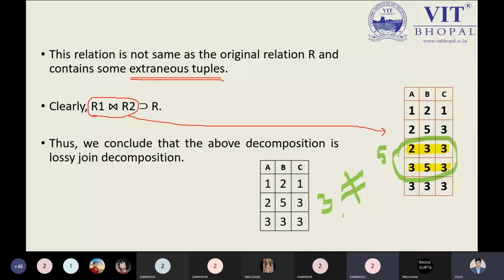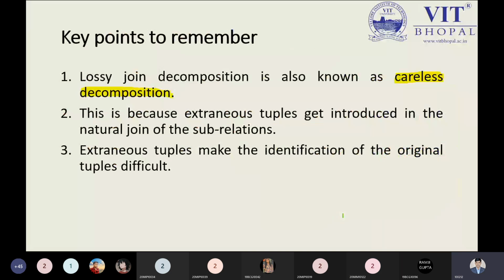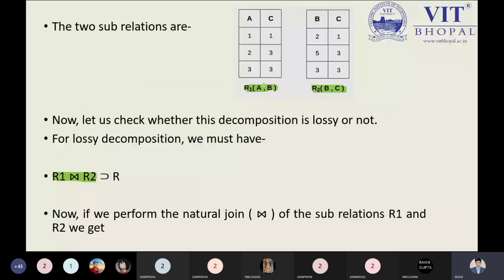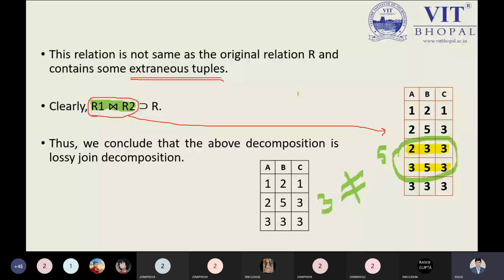Tell me any doubt? So how did we get those two extra records? You are getting this information by applying the R1 join on the R2. See, these are the R1 and R2 which are decomposed. From the decomposed relation, we have chosen A and C in one relation, and in the second relation we have chosen the B and C attributes. So after choosing the attributes, we are finding that we are having the lossy decomposition.